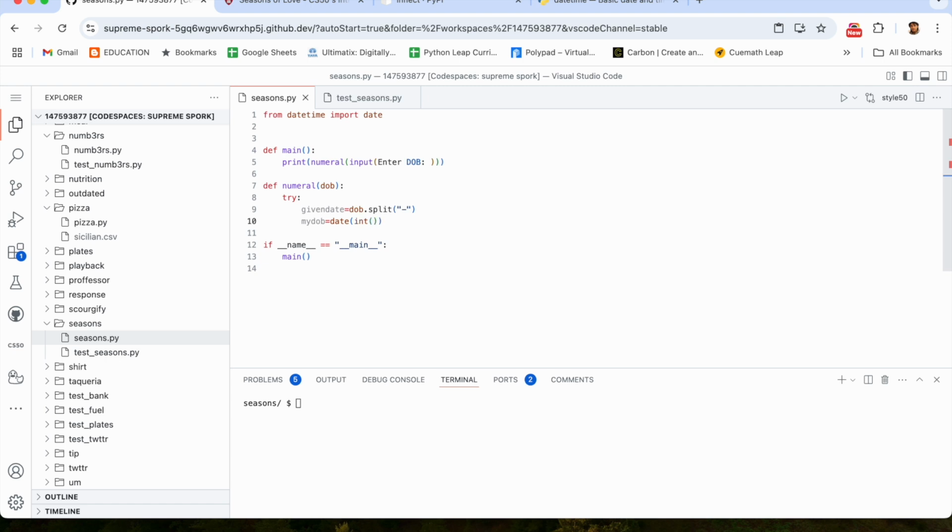int of given date of 0. 0 is nothing but the year. Okay, we are splitting first year, next month, then the date. The datetime format also uses the same values. Then int of given date of month will be in 1. Okay, after that int of